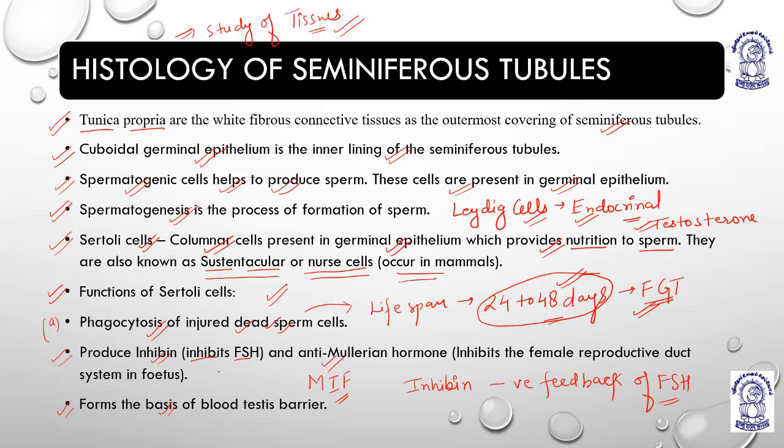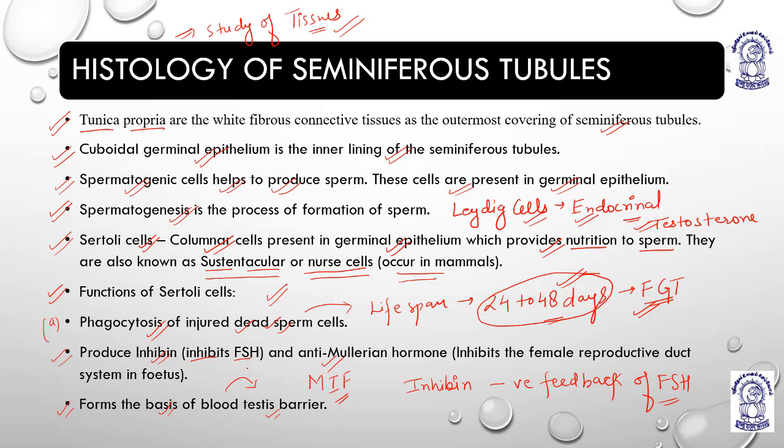As you have police stations and public booths where we can go and lodge our complaints, in the same way the body has multiple checkpoints through which the blood needs to be filtered. So we have a blood testis barrier. When the blood enters through the testis, it needs to cross this barrier, and most of the drugs are eliminated through this barrier.